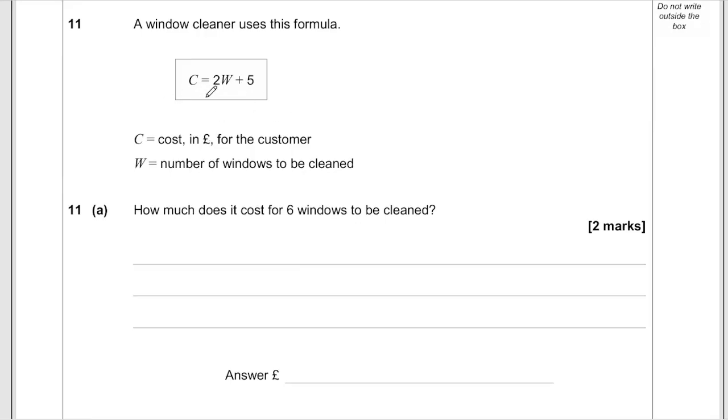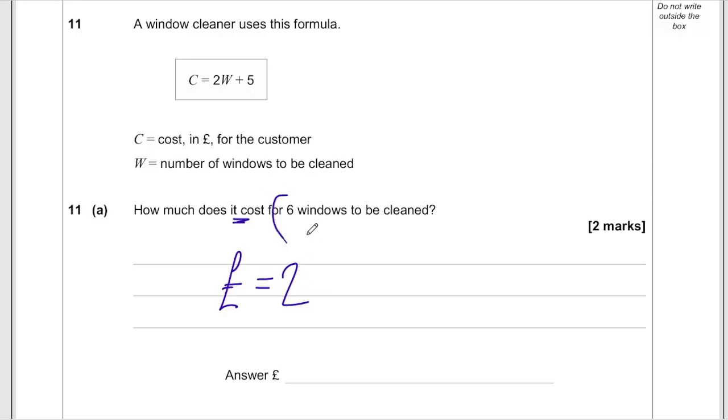We're given the formula. We're told that a window cleaner uses this formula. C is the cost in pounds for the customer. W is the number of windows to be cleaned. How much does it cost